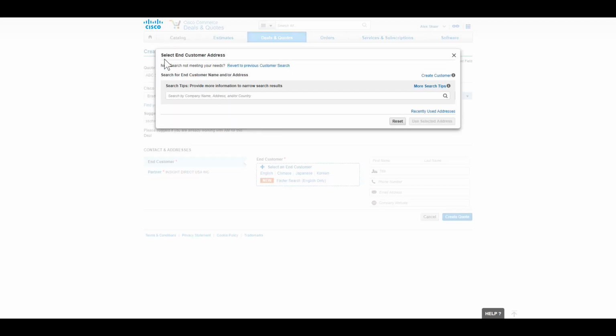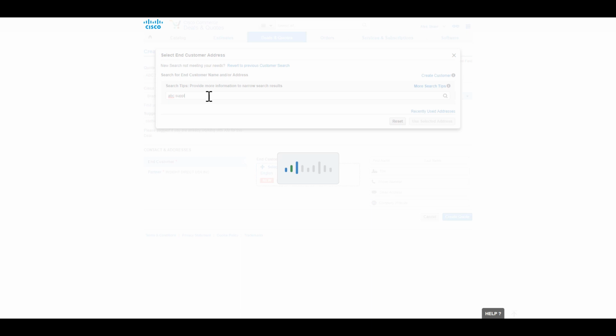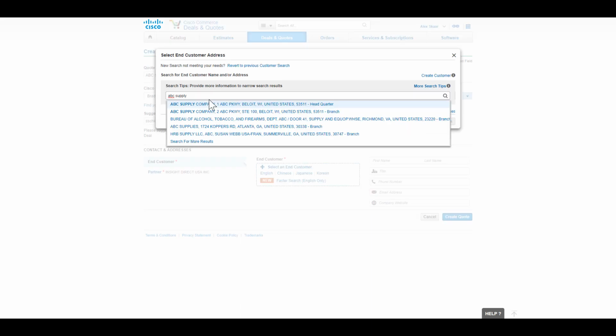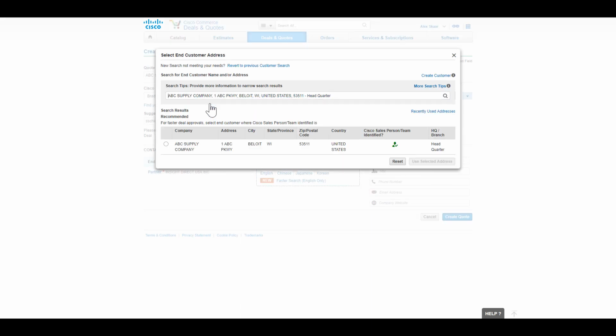This will bring up a box to select the end customer and address. Go ahead and input your customer's name in the search bar. Find your customer with the matching address you are working on for this opportunity. If you can't find your customer in the search, click on the Create Customer tab and manually enter your customer's information. Once you see the correct customer, click on the radio button next to it and then click the Use